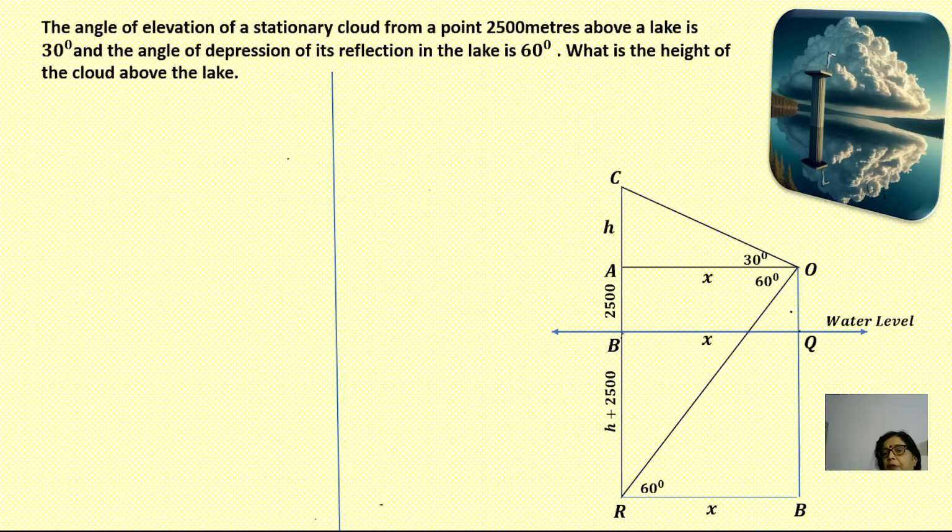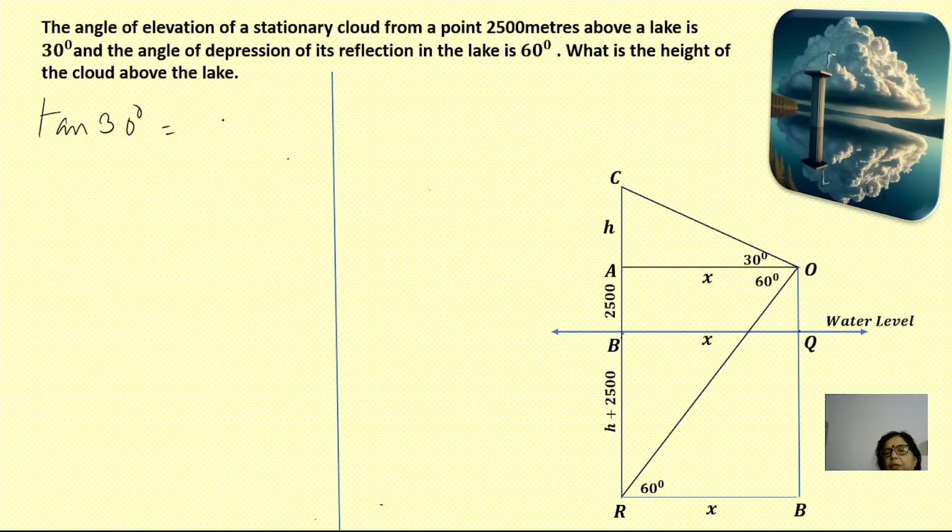Now, if you want, you can complete this figure this way. You can draw the interior alternate angle and take this also as a right angle triangle, but I'll take the straight figure over here and take these two right angle triangles. One is AOC, one is AOR. So now, in triangle AOC, we get tan 30 degrees